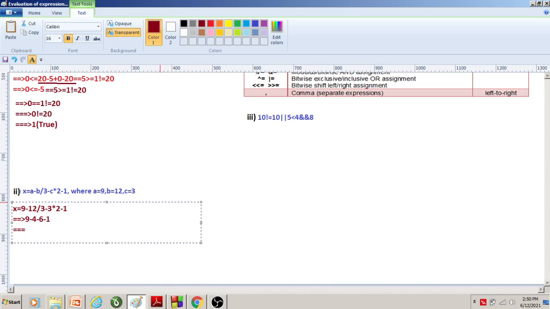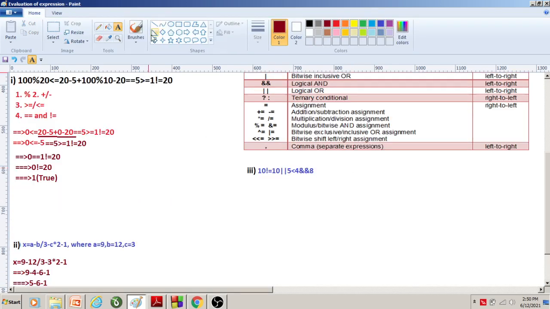So this is a result of an evaluation. Here all operators are minus, the subtraction operator, and let us look at its precedence and associativity. Here the direction is left to right for the subtract operation. Therefore 9 minus 4 equals 5, then 5 minus 6 equals minus 1, and the final result will be minus 1, minus 2.